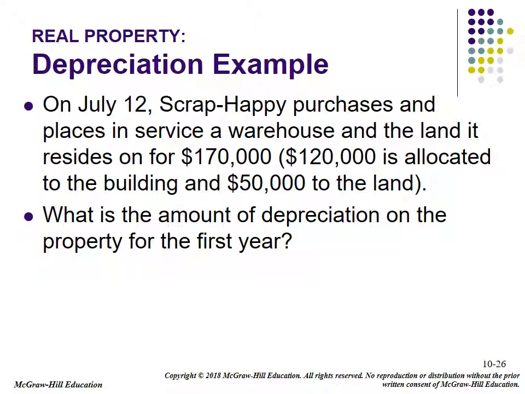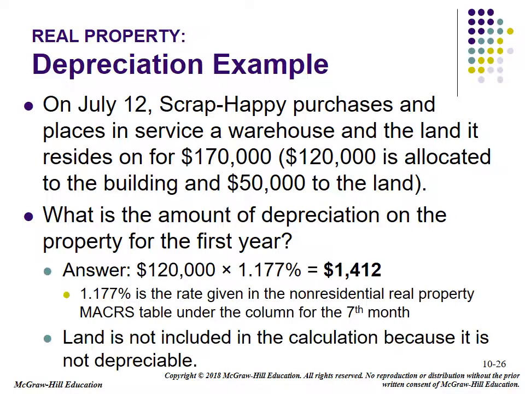On July 12th, Scrap Happy purchases and places in service a warehouse and the land it resides on for $170,000. $120,000 is allocated to the building. What is the amount of depreciation on the property for the first year? You only use the $120,000 in your calculation. The land is not depreciated. Please remember that. You go to your table for a 39-year asset. The asset was purchased in July, which is the 7th month, so you will use the 7th column to calculate all depreciation on that. So in the first year, you get 1.177% of the basis,